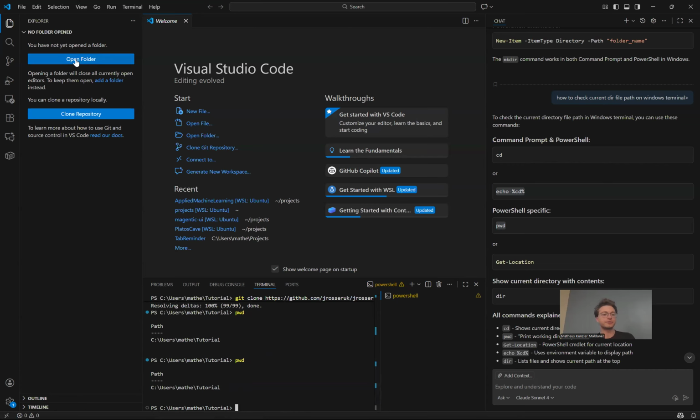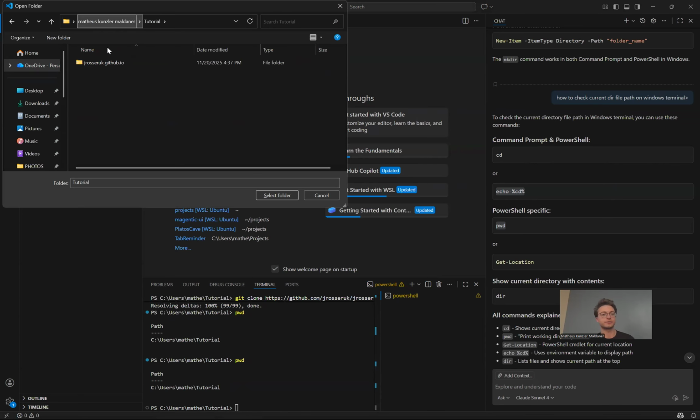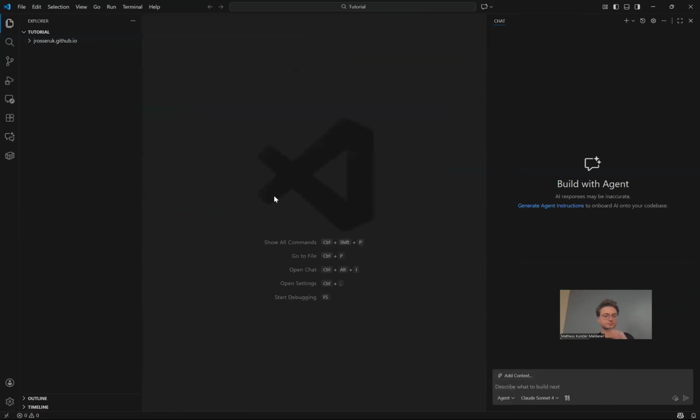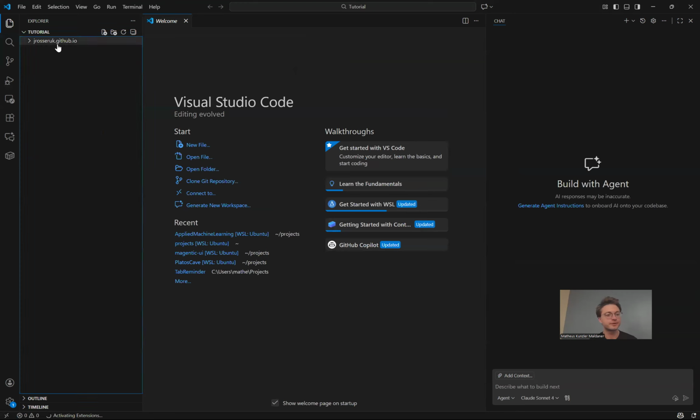And then on the top left, if you click to open folder, it's gonna do this pop-up. If you have a Mac, I have no idea, but it should do something similar. And then you can just Control V up top, click enter, and then select the folder. Now, do you trust the authors? You trust Jay Relsick? Yes, we trust him. Okay, so now we have,